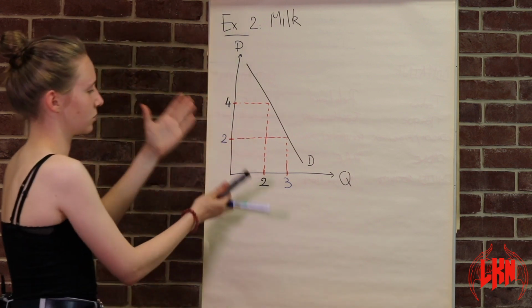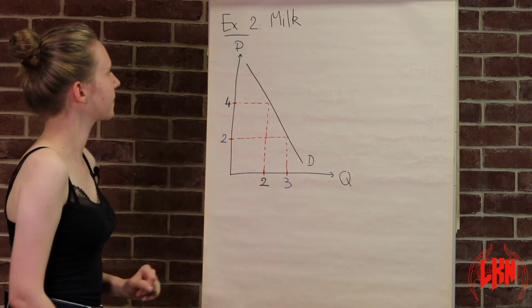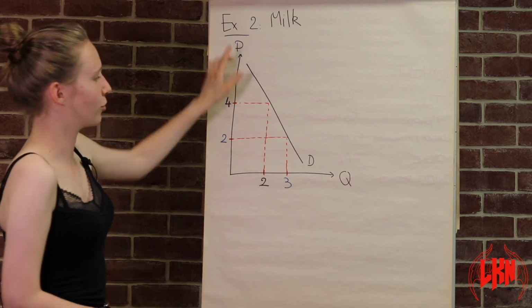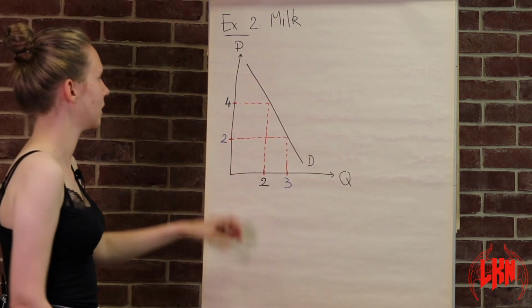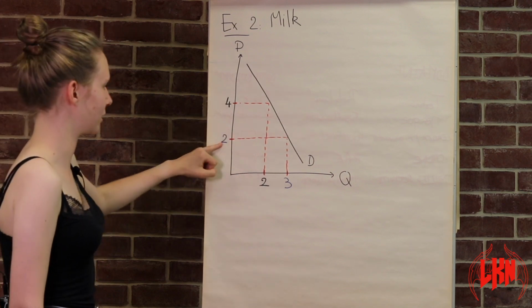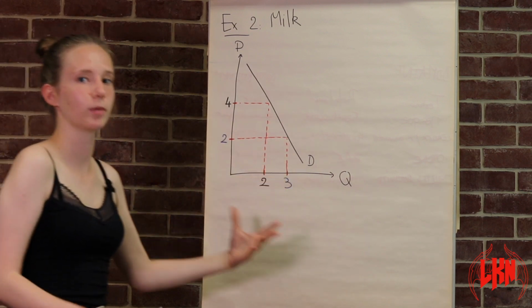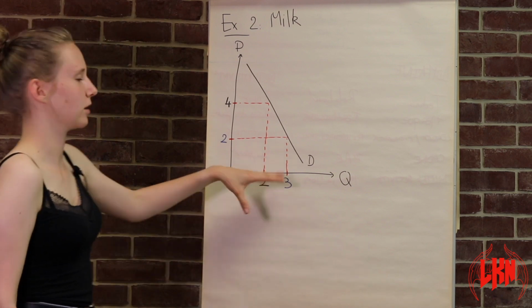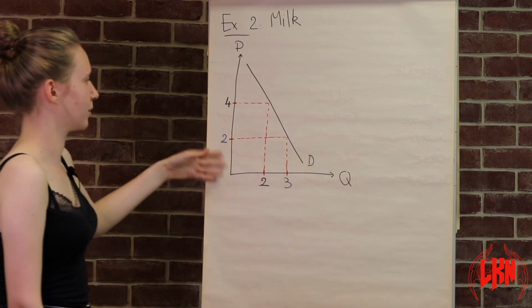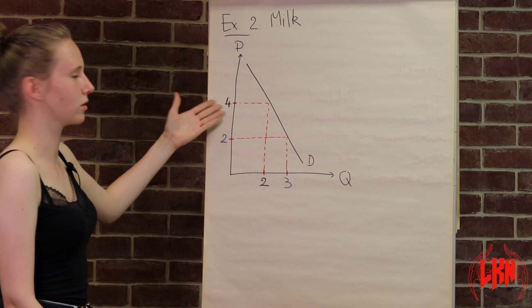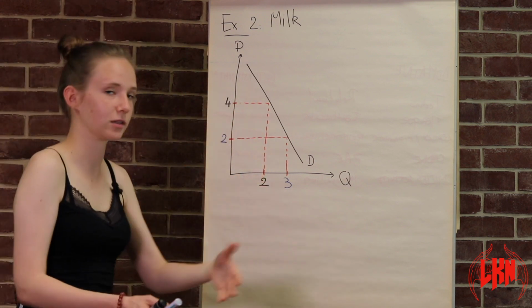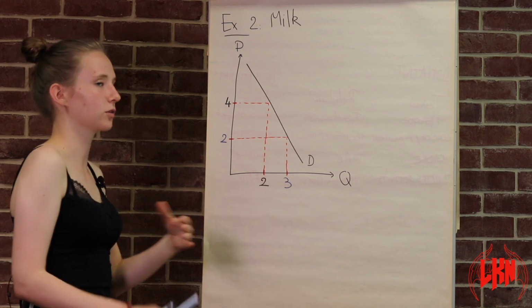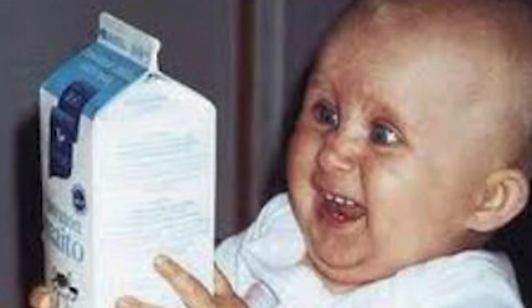And this is what is represented on this graph. You have the price, you have the quantity, and when the price of one bottle of milk is $2, for example, then you are going to buy 3 bottles of milk. And if the price increased, for example by $2 more, so $4 per bottle, then you are still going to buy 2 bottles of milk. So it's not like what we have seen before, you are not going to stop buying milk because you really love it.